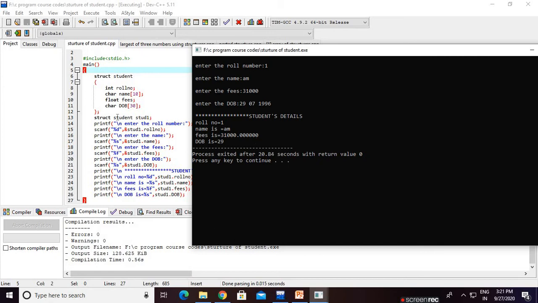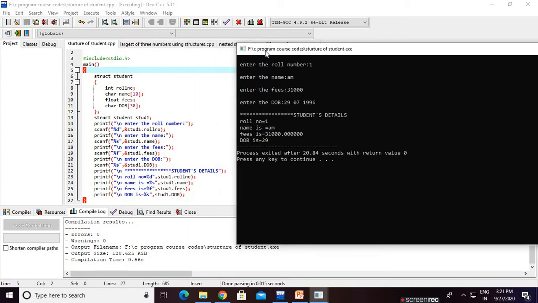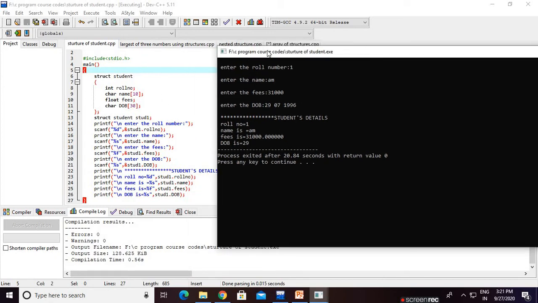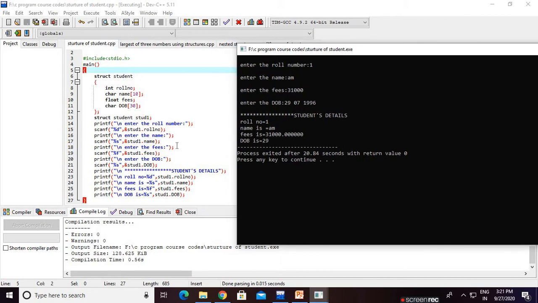There is some problem in my code on the date of birth part, because it should print 29, then 07, then 1996, but here it is just printing 29. Okay, I got it, I know what the problem is.